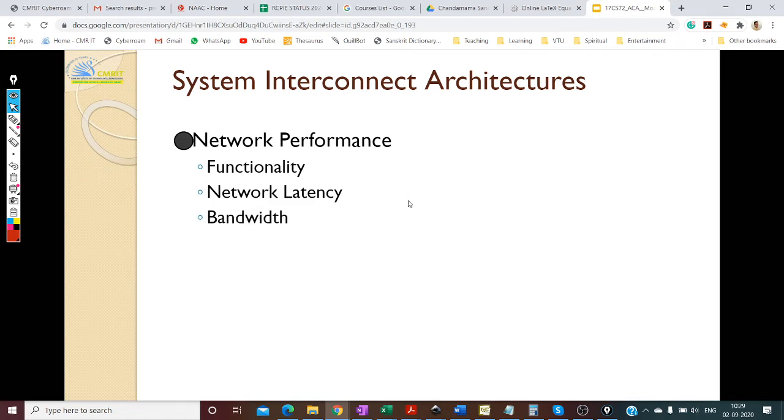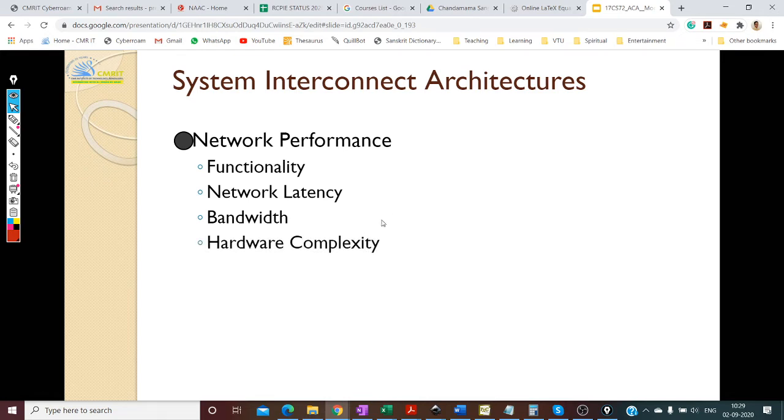And the second thing is bandwidth. Now latency deals with the first packet, right? When I send my first message, how much time it takes for my first message to go from my node to the next node or the destination node. Bandwidth, on the other hand, deals with the flow of all the messages, the rate of the flow of information. So we are talking about things like 100 Mbps networks, right? So that's the bandwidth of the network.